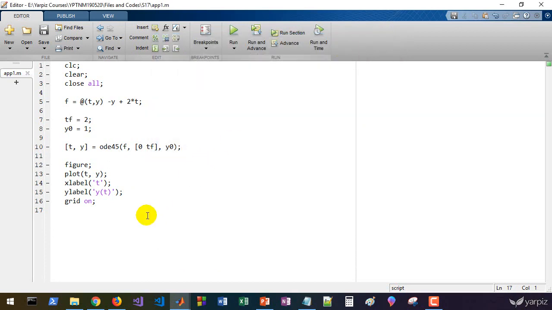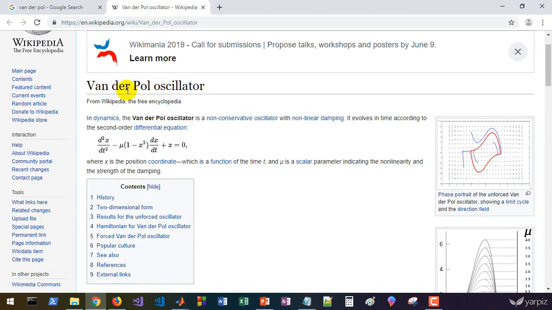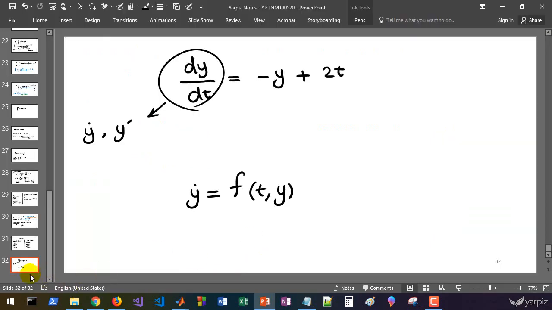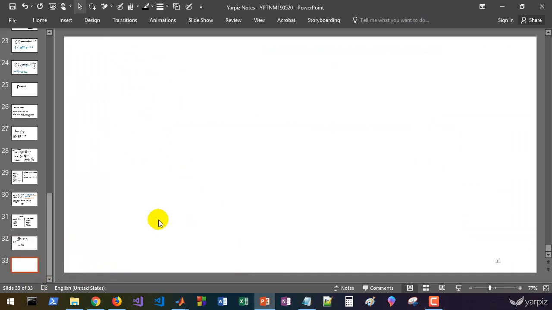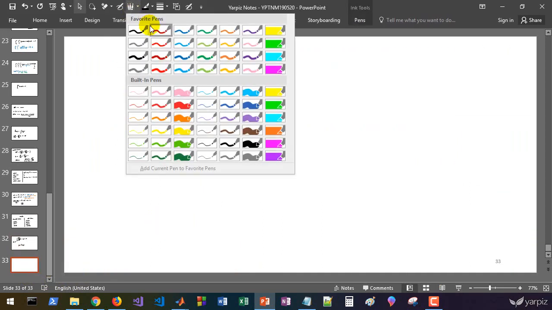Okay, let's start with another example. For example, let's start with the Van der Pol oscillator, which is given by a second order differential equation of this form. Let's work with that and solve the problem using MATLAB. Okay, we have the